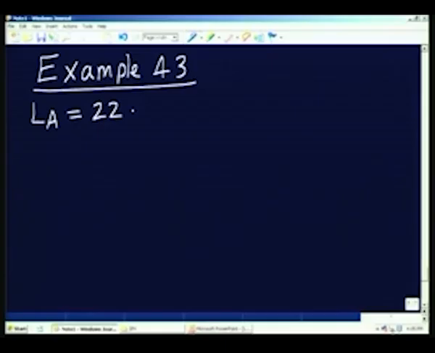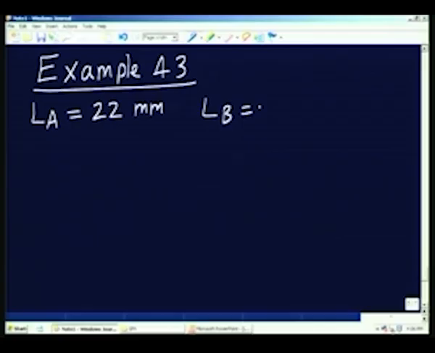If you want, you can keep all of them in millimeters, because we are going to only take ratios. If you want, you can convert it into meters, it is up to you, because only ratios are going to come, and only the value of K of the standard reference material, if it is given in SI unit, the K determined here will also come out to be in SI units, because all others are ratios only. So, this is 22 millimeters,